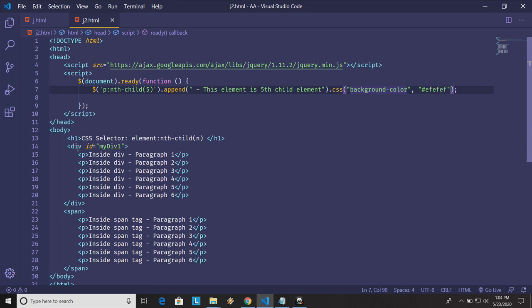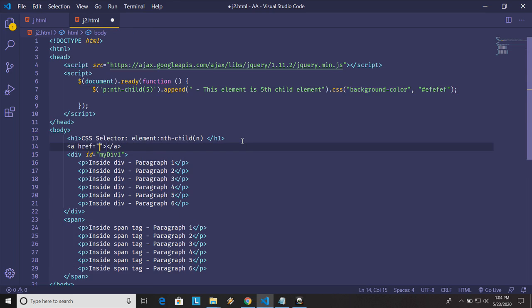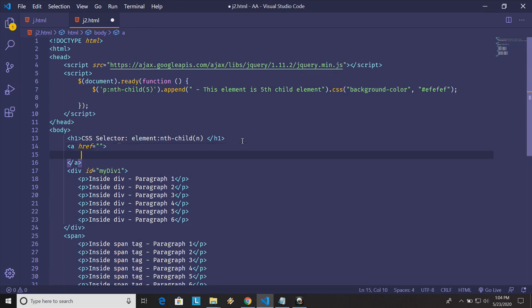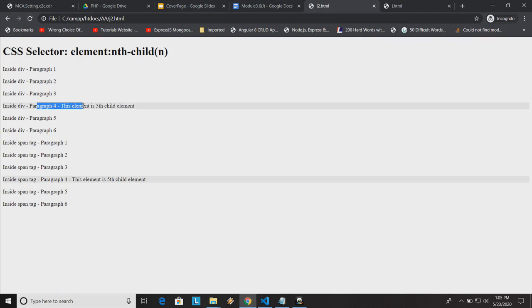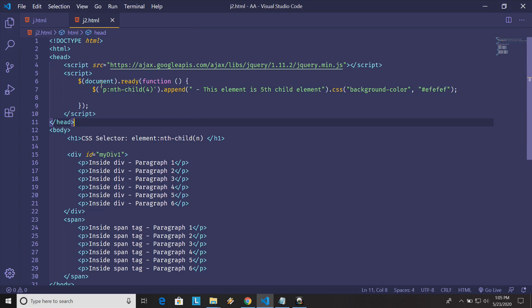Why child? Because it's present inside this parent, right? Any tag or anything. So this becomes the child of this parent. However you write, however you nest, that becomes the child. And if you want to access any child in jQuery of the HTML, this is the syntax. You can write here instead of 5, if I write 4, then we'll see what is the output. You can see it's jumped to the 4. So this is the feature, syntax, functionality of jQuery. So regarding this, any doubts, just message me, and thank you for